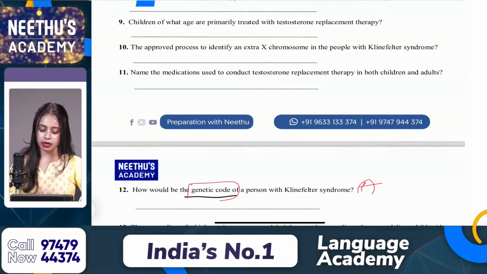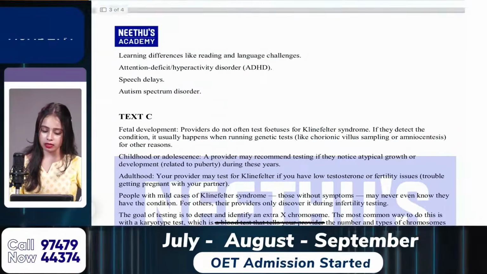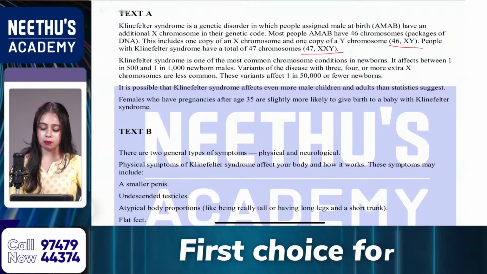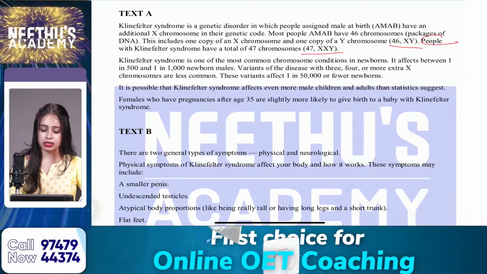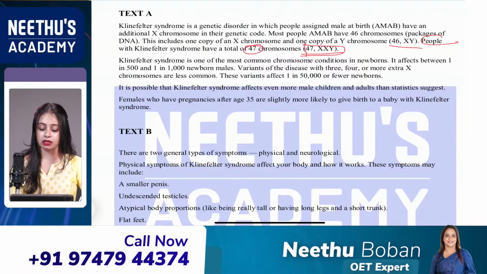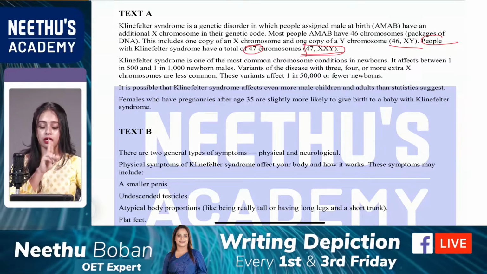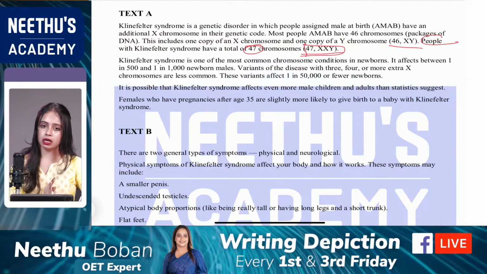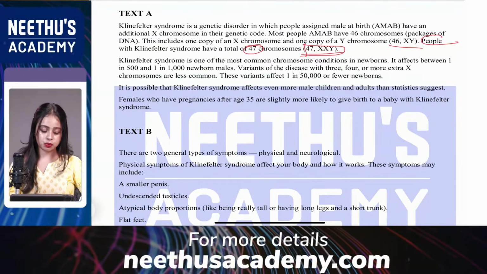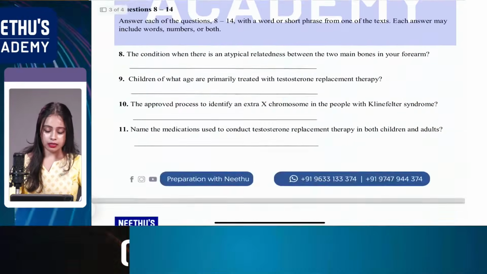So how would be the genetic code of a person with Klinefelter syndrome? Okay, so the answer should be: people with Klinefelter syndrome have a total of 47 chromosomes, that is 47XXY. Very good. That is the correct answer, and those XXY should be in capital letters, not in small letters. Okay, Sarala and Anu, it should be capital letters, yes. Okay, so the next one,